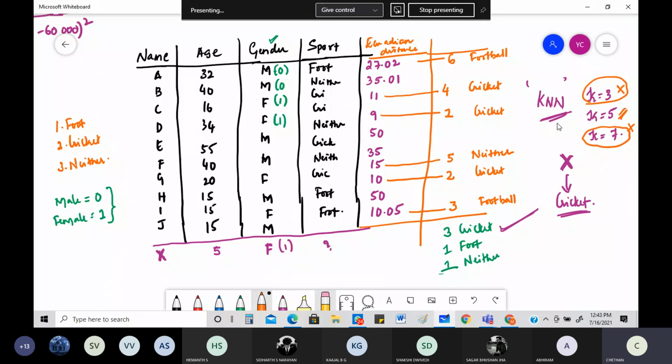So for 7, what's the next value? 35. Very rarely do you get values like this. And 35 is again cricket. So what is the count you get for the 7 values? You get 4, 2, 1. Here also you can see very clearly it's cricket. This is the beauty of the KNN algorithm. When you go to lab in 7th semester, for KNN, you're going to take a data set and you're going to write an algorithm in